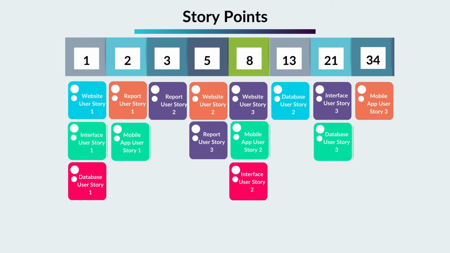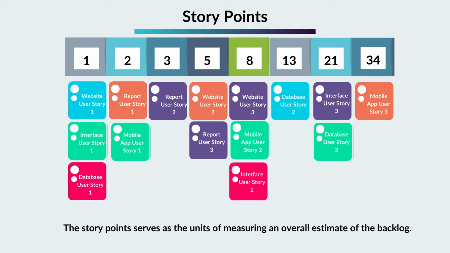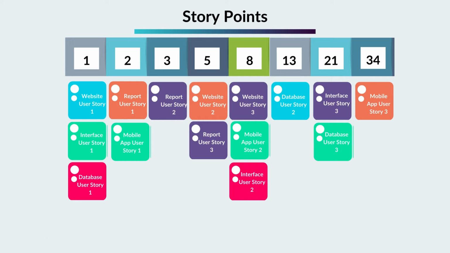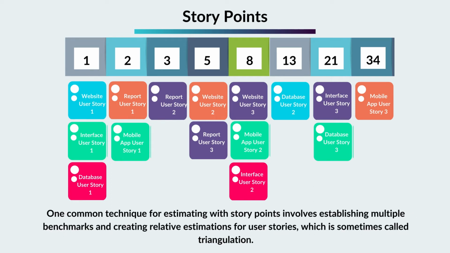The story points serve as the units of measuring an overall estimate of the backlog. The story point estimates are done with the comparison of story points with other estimates. The story points are relative estimations using the Fibonacci scale 1, 2, 3, 5, 8, 13, 20 based on relative sizing. One common technique for estimating story points involves establishing multiple benchmarks and creating relative estimations for user stories, sometimes